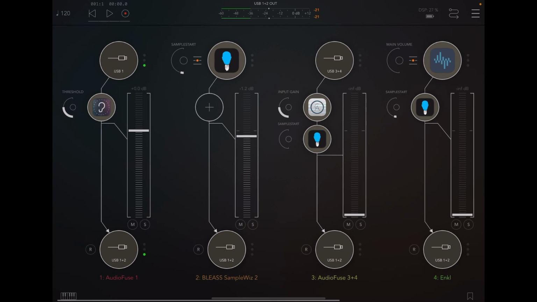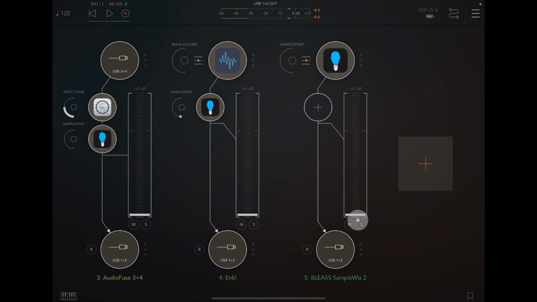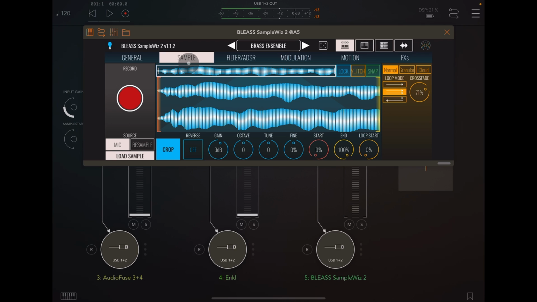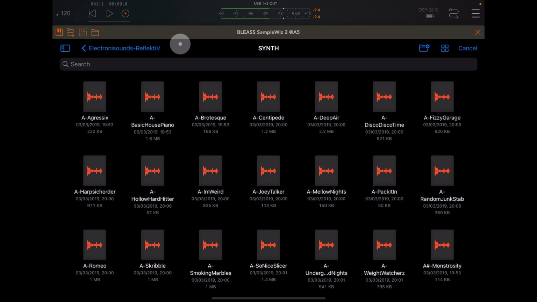Okay, so moving along to the last slot here. Let me turn the volume down for this one. This one I'm going to turn it up and open it up, and I'm going to show you how you import a sample. So if we go back to our sample page here and we just go load sample. Okay, now I am in Dean Daughters Electronic Sounds, Dean's reflective pack, and I'm in just a synth category in